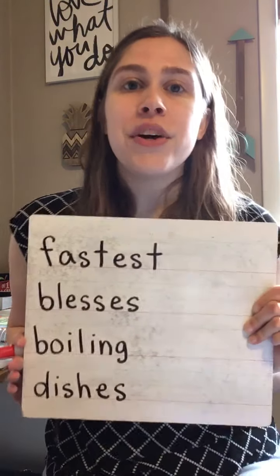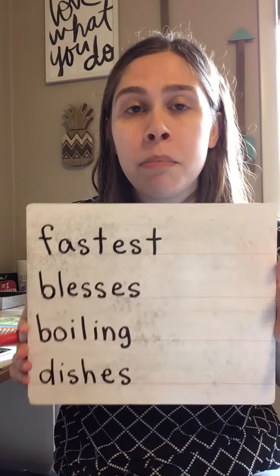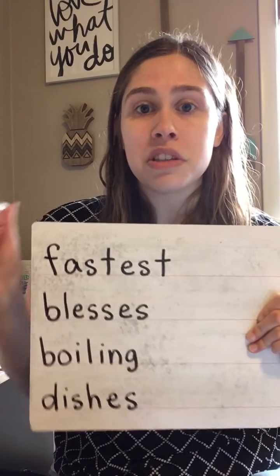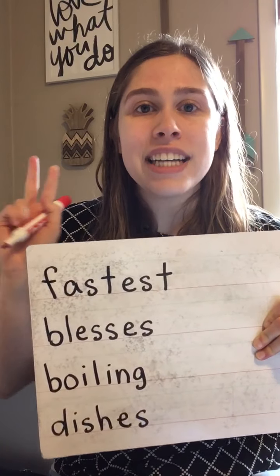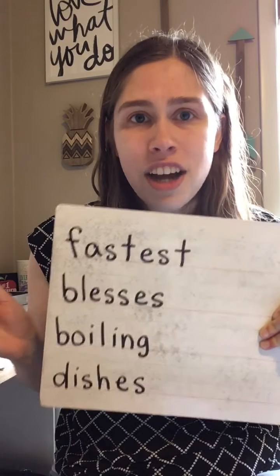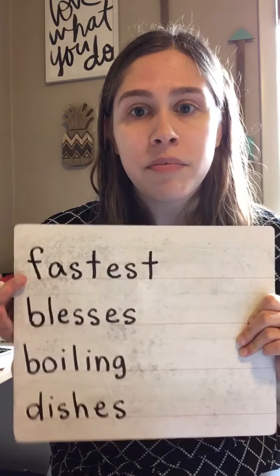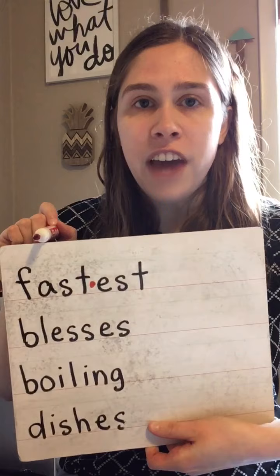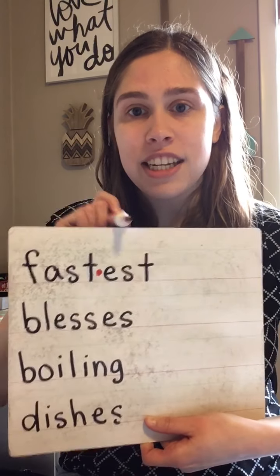And let's do one more quick practice. Now we need to review Dr. Dot. So we've talked a lot about syllables, the parts in a word. Dr. Dot helps us separate syllables. So the word fastest. We know fastest has 2 syllables. Dr. Dot is going to tell us where the syllables separate. So in fastest, I'm going to put my dot right here. Fast is the first syllable. Est is the second, fastest.